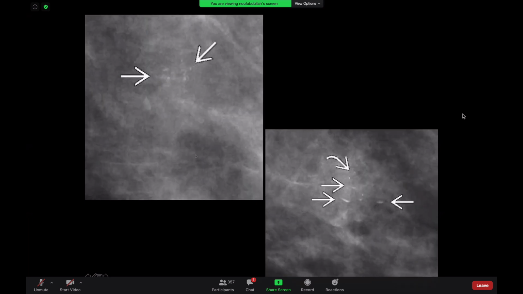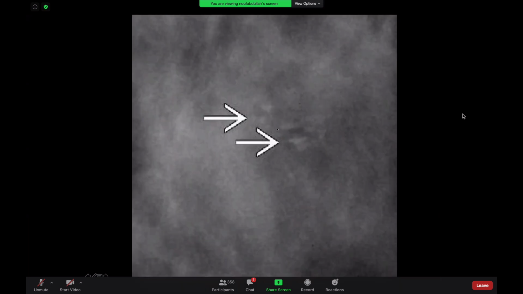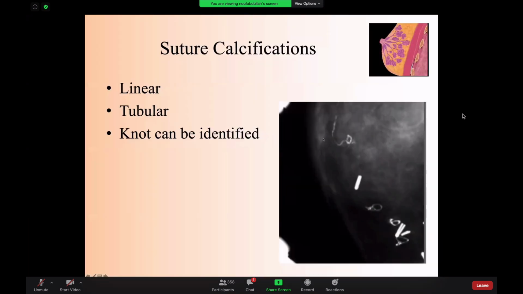This is just another example. You have a grouped amorphous pleomorphic microcalcification. When you do true lateral, you clearly identify that there is a cupping appearance, the milk of calcium appearance. This is BI-RADS 2 microcalcification. Another appearance of milk of calcium, you have the teacup appearance with layering, BI-RADS 2. Suture calcification, they look like sutures.